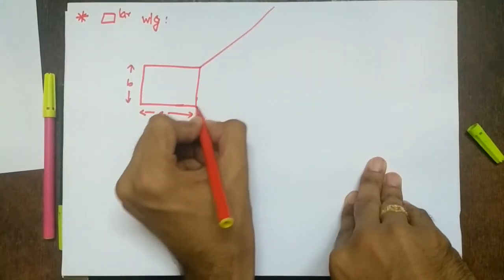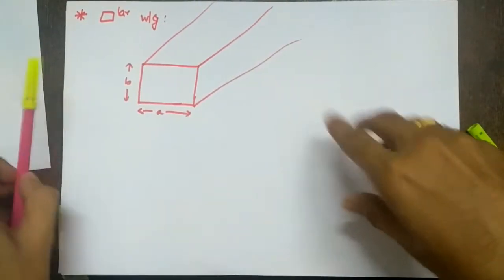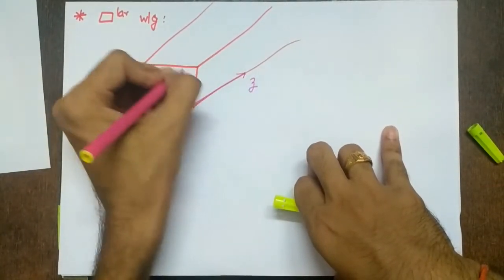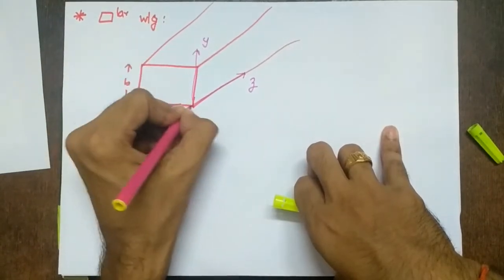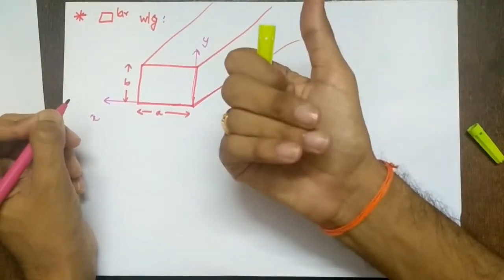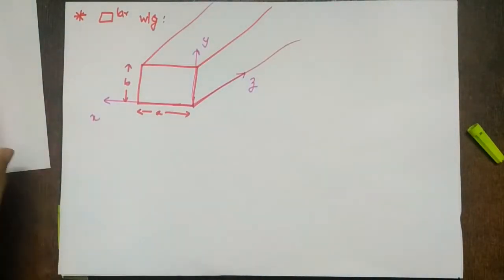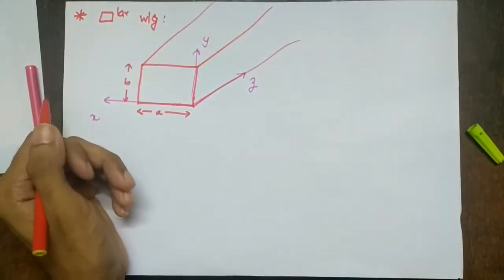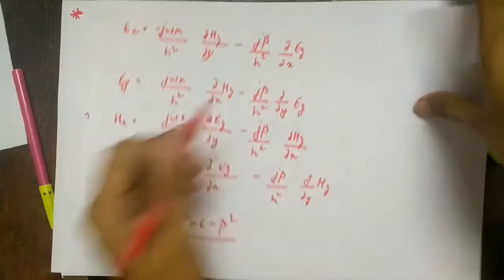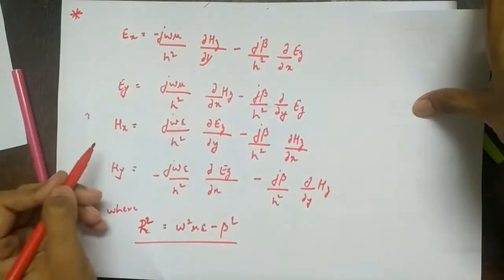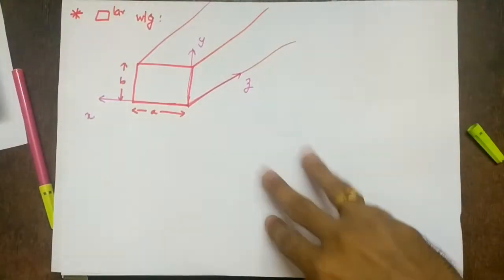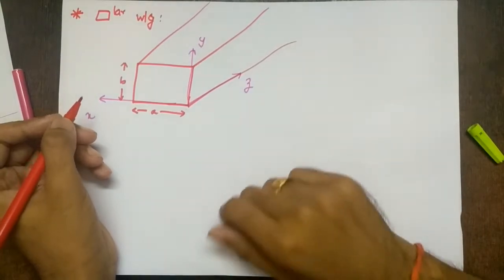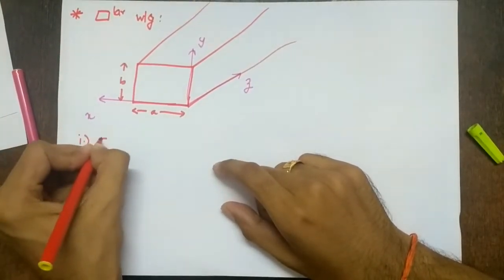So how will it be a rectangular waveguide in this direction? What axis are we using? We are using this sort of axis. So this is z, this should be y, right-handed coordinate system, and this should be x. We are assuming the wave is always propagating in the z direction. That is our basic assumption. We have to find out Ez and Hz, and from this we will get Ex, Ey, Hx, Hy. So we will have the completely defined E vector and H vector. So how to do this? This is the simple construction of the waveguide. Next we first analyze TM mode.